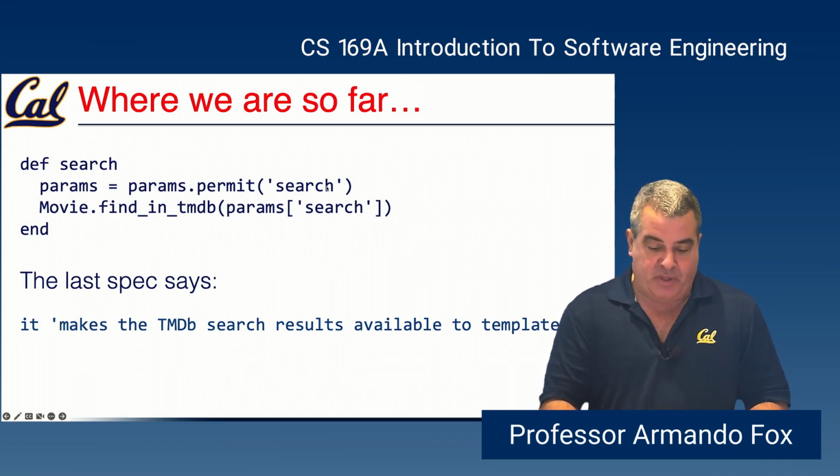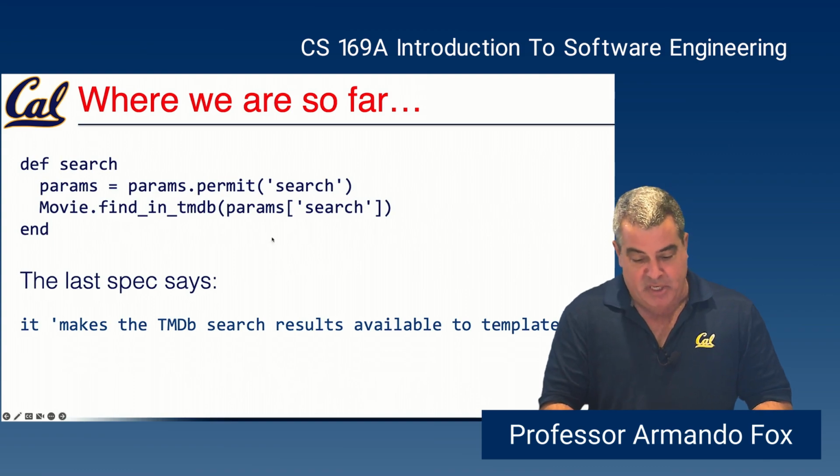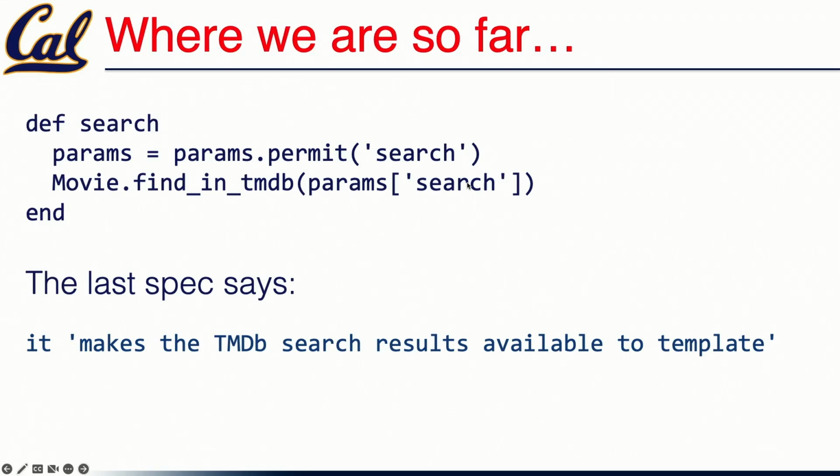It makes sure that the search field is permitted in params, and then it just passes the contents of that field to movie find in TMDB. We wrote that code because we had a test that very specifically said, does the controller action call the correct model method and pass the right thing to it? And yes, it does, but right now we're not expecting a return value or anything, which is kind of weird. So if we now look at the last of those three specs, it says it makes the search results